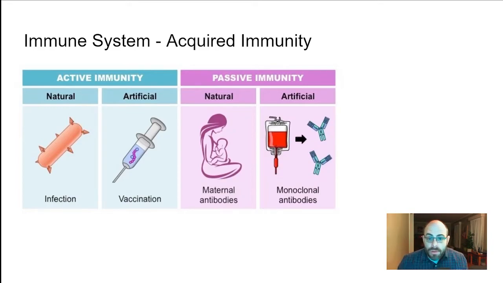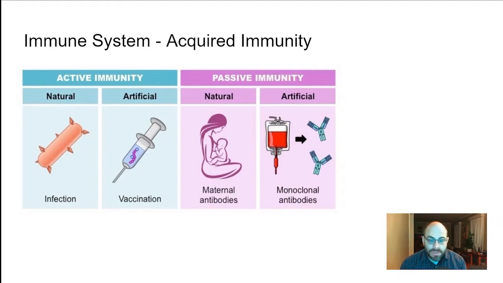And there's this idea of acquired immunity. So acquired immunity is just immunity that we acquire, right? This can be a natural thing in that you get sick and then you acquire immunity to that pathogen, or it could be artificial in that you are given a vaccine. The vaccine is going to be immunity as well. This is active, though, because it's meaning that you are actually the one that's building that immunity for yourself, whereas passive immunity has to do with something else has built the immunity for you.